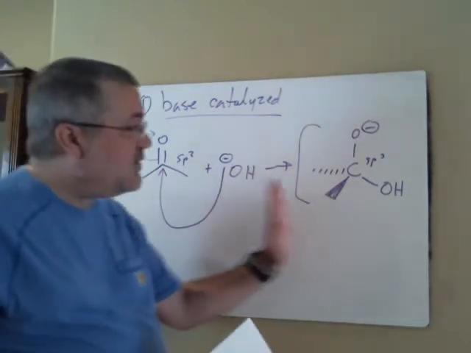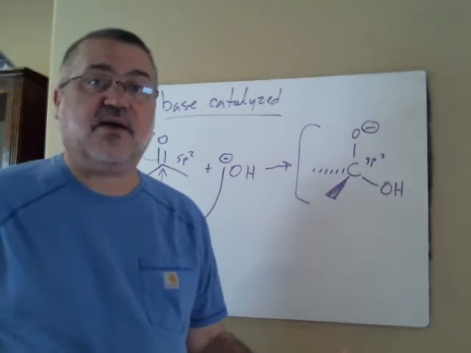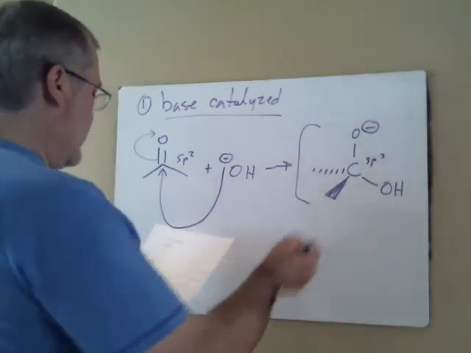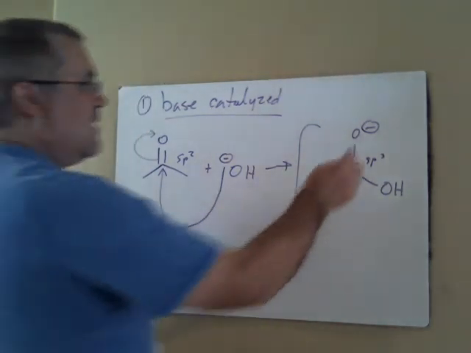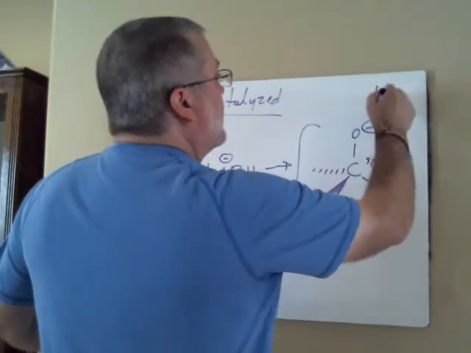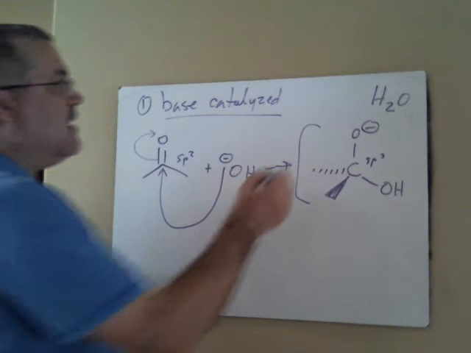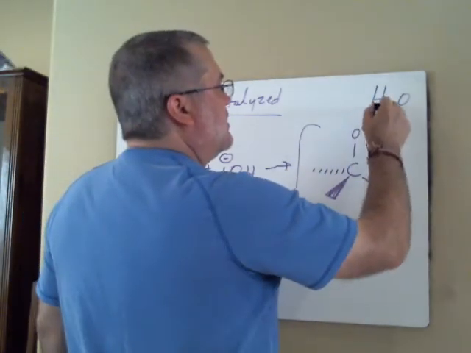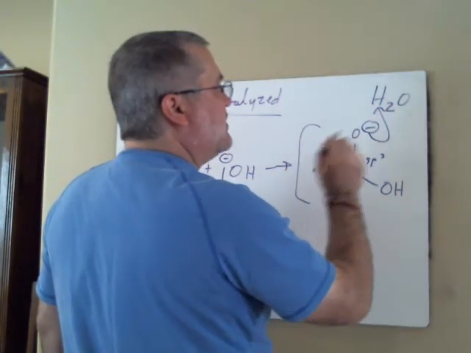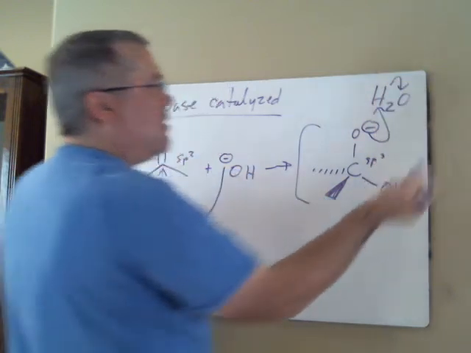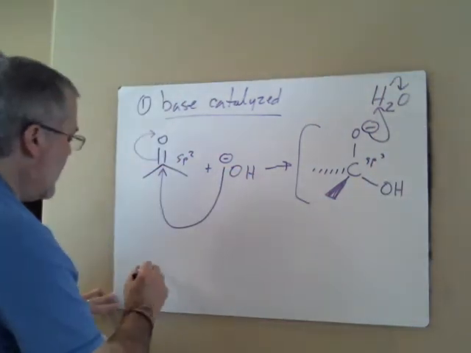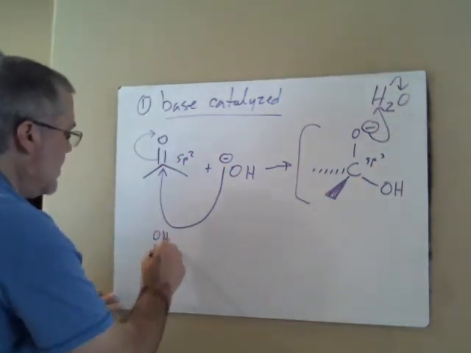So this first step, we're going to see in all the mechanisms. And so that's what forms. And then you're in water, right? So this O minus is going to take a proton off of water, and so it gets protonated. That's going to give you this gem diol,